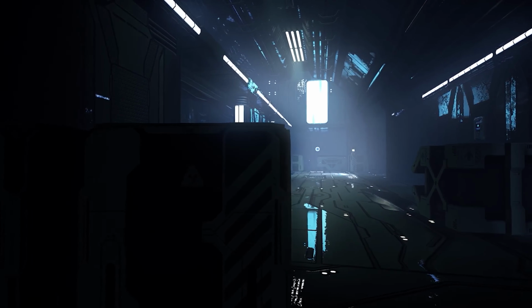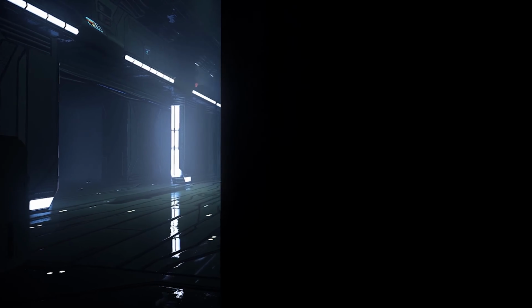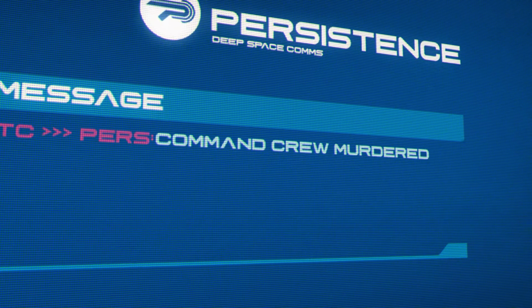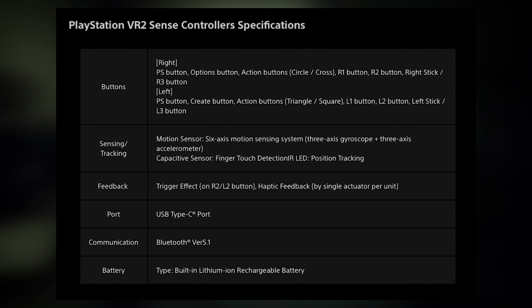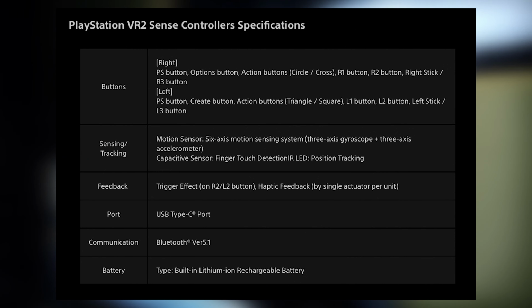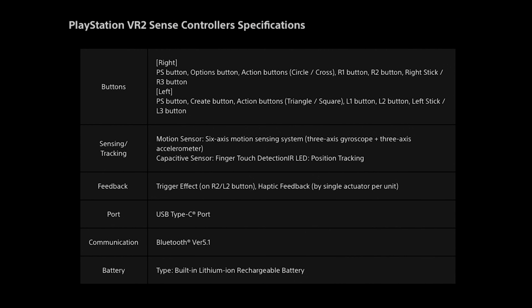But now let's talk controllers, and luckily this time we do have a photo of what they look like. If you ask me, they will probably be the biggest upgrade happening to the PSVR. These controllers not only look beautiful, but they're also replacing ancient tech that was found in the PS3 era Move controllers all the way back from 2010. They will sport all the buttons you've come to expect from the PS brand, along with dual analog sticks that'll allow for more motion than the PS Move controllers ever allowed, a 6-axis motion sensing system,